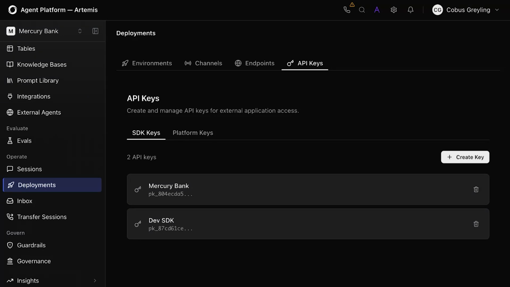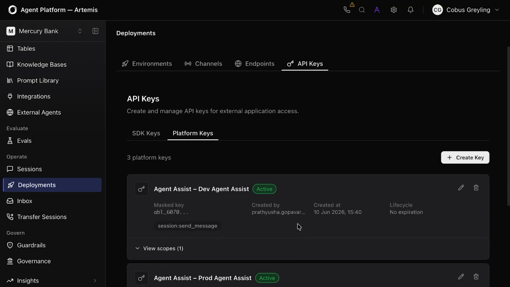I think what's really important to note is that apart from managing your API keys in terms of platform and SDK, you can also manage your users, right? So you can, within your project settings, manage your users, and you can also decide which rights those users have. And then you can also back up your application and you can have Git integration. So I think especially for an enterprise environment, you really want to have this audit log in terms of who did what, when, where does the integration go, and who's in control of what and who did what.